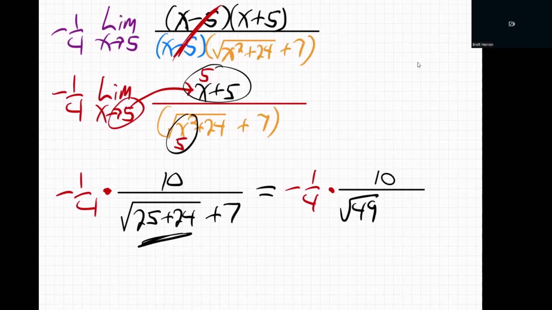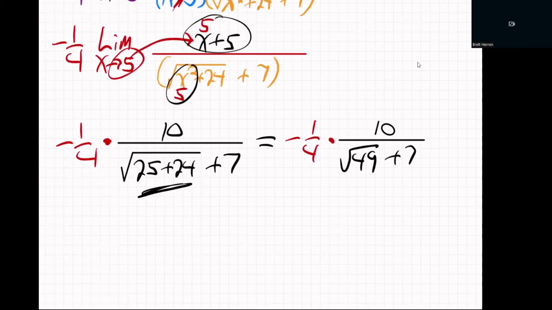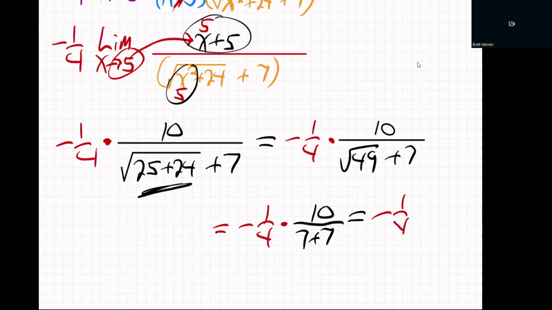This makes 49 plus 7. We are so close. Times 10 over 7 plus 7. And that's minus 1/4 times